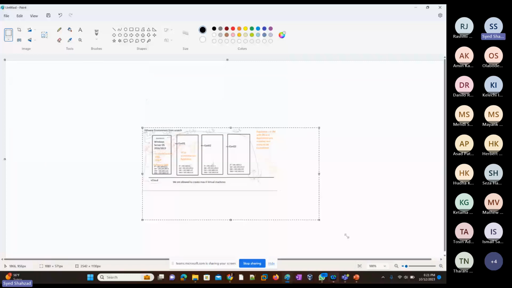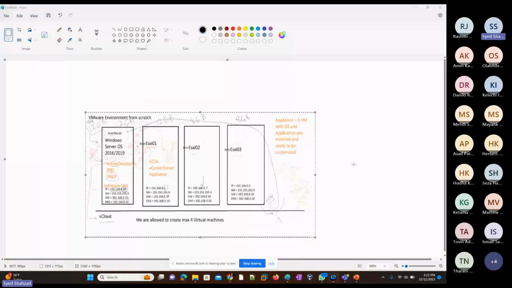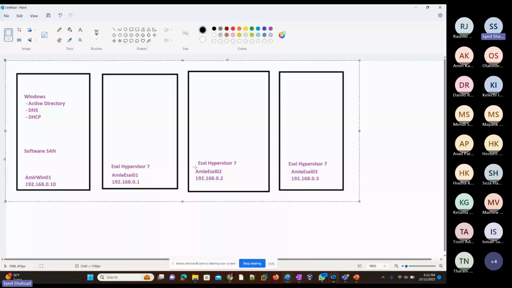Hopefully that's clearer. I'll go for OneNote here and grab some more diagrams from there as well. So right now we have, I'll just remove this from here. So we have configured already